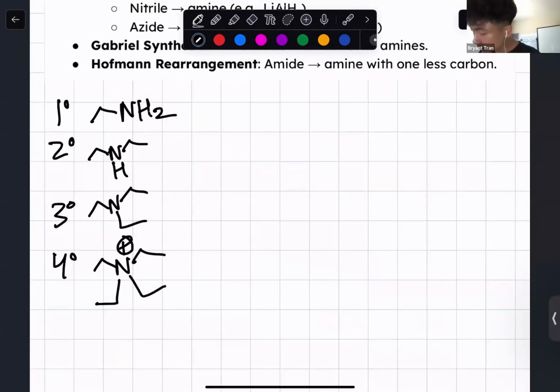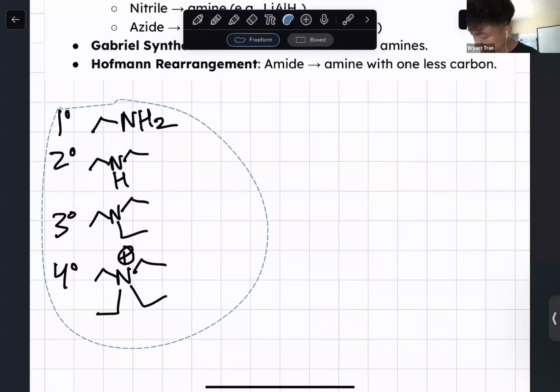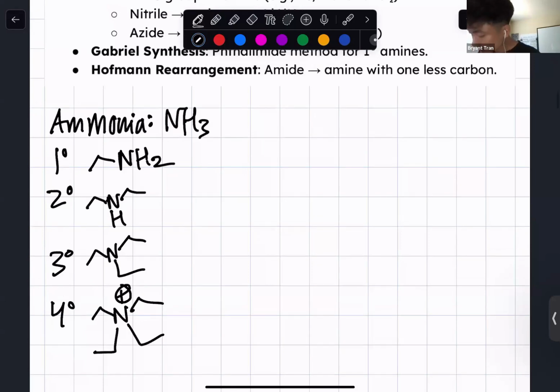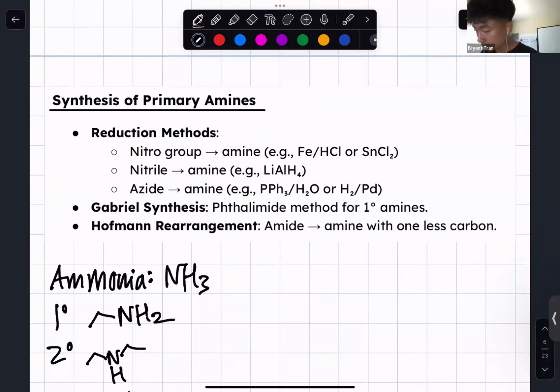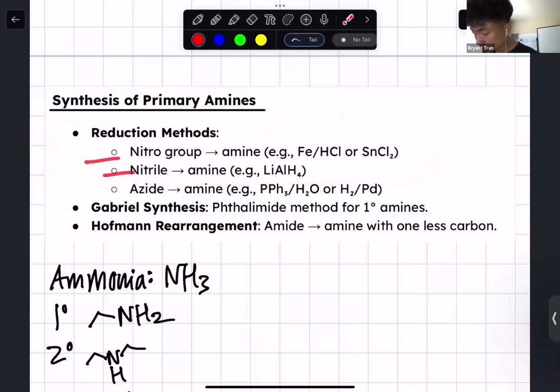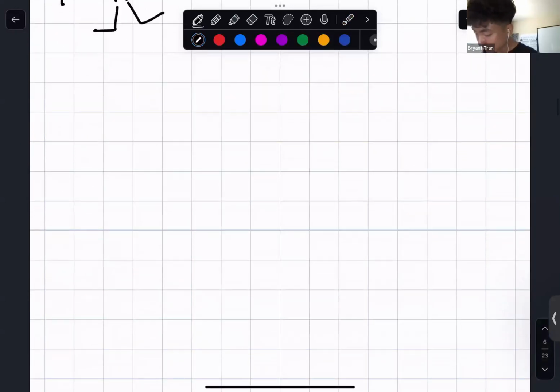But you can also have an ammonia where there's no R groups, 0 R groups, and that's referred to as ammonia, right? NH3. Okay, so let's look at the first one, which is reduction, and we could reduce a nitro group, nitrile, and azide. So back in 118B,